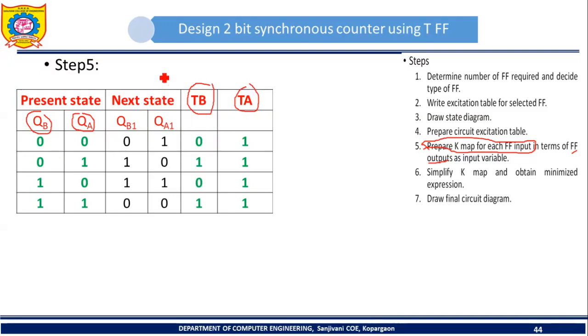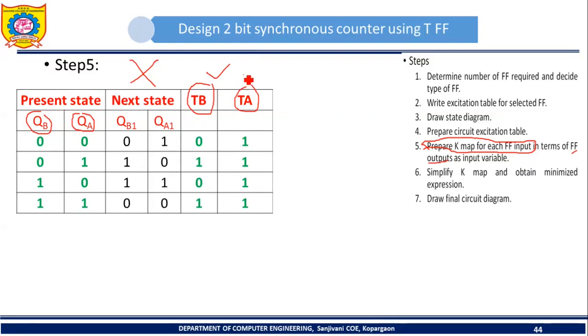While designing this K-map, please understand that you should neglect this next state. We are going to design different sequential circuits. While designing those sequential circuits, often it will be required to prepare such a circuit excitation table. After preparing the circuit excitation table, whenever we design the K-map, we are supposed to neglect the next state. Don't consider the next state while preparing the K-map. I hope now it is clear to you.